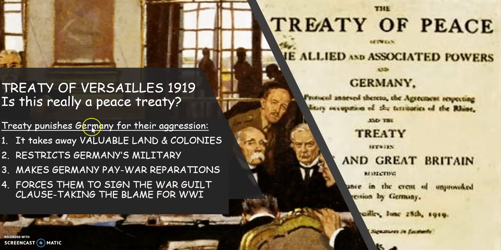It punishes Germany as the aggressor, which, while they were aggressive, didn't even start with Germany. Germany is going to be swallowing a very bitter pill. They're going to be angry. And this treaty is going to be the first slide in the next event leading up to World War II. But this is going to end our video on the